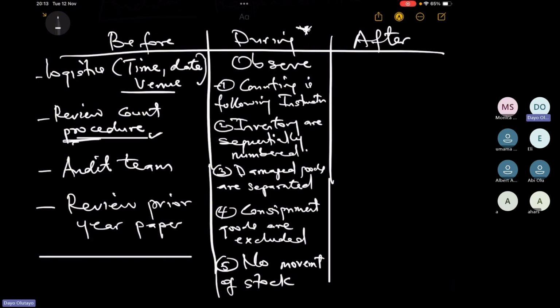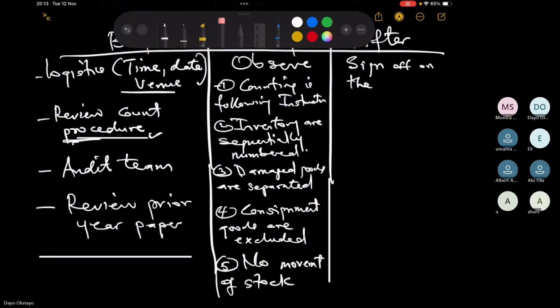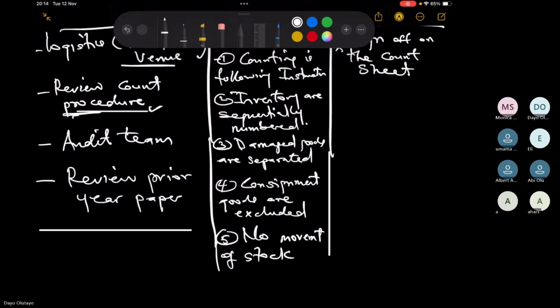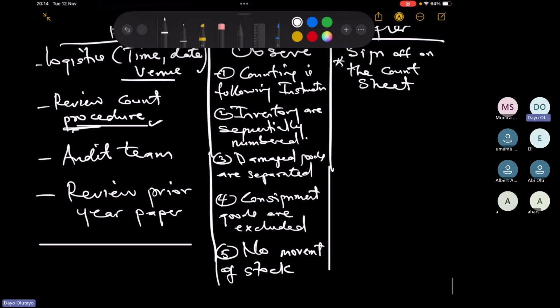Finally, after the count, the work has been done. You've prepared during the before, you have done it during the counting. Then after, what do you have to do? The first thing you have to do, you have to sign off on the sheet, the count sheet. That's what I mean on the sheet. You have to sign off on the count sheet because you were there. And likewise, you need to ensure